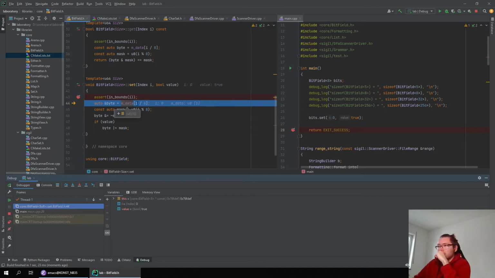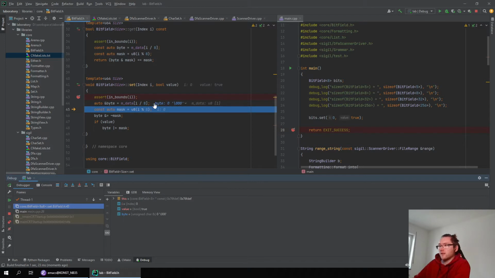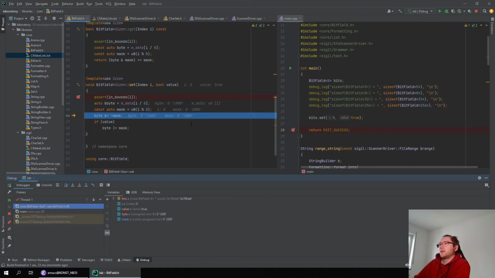Then I is 0. 0 divided by 8 is 0. So we get the first byte back. So the mask is also 0. Is this correct? I think this is not really correct,